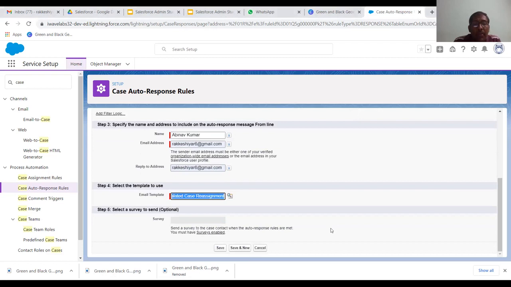You can select some template here. Right, select the survey to set. If any survey is there, then select it and click on the save button.